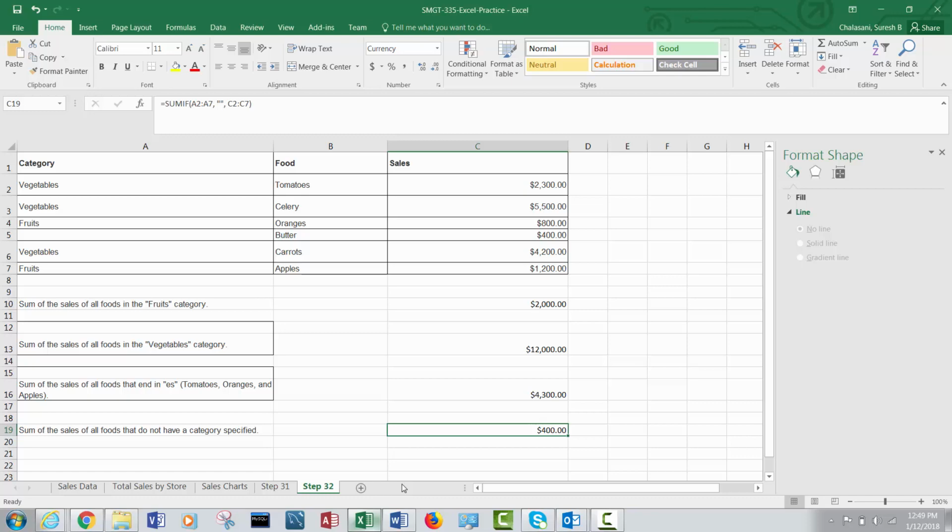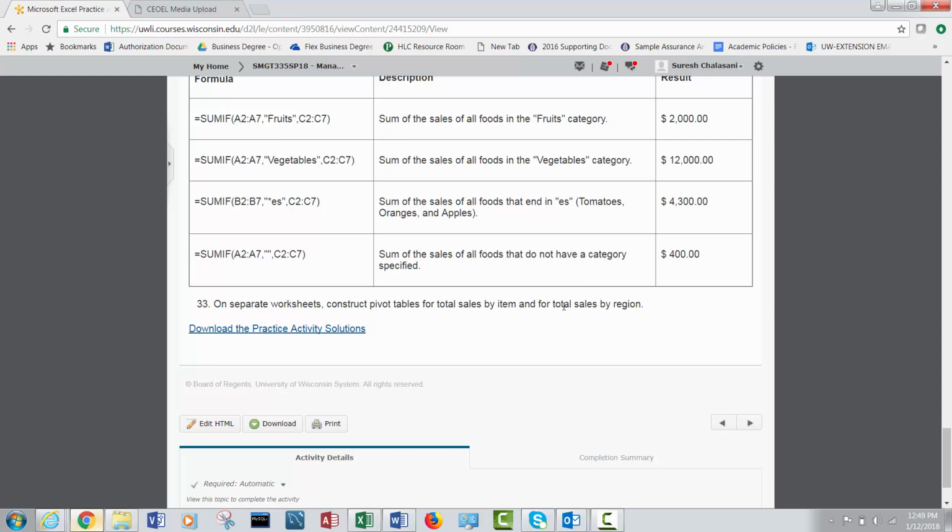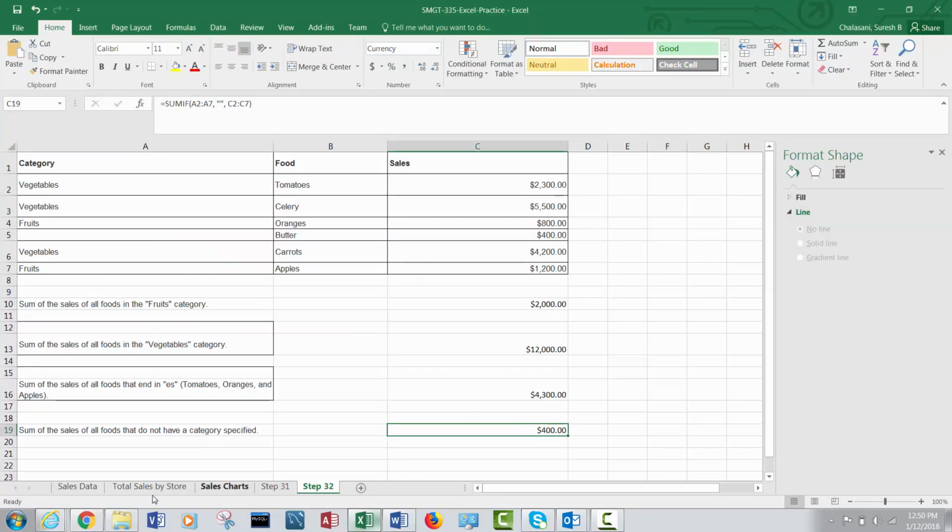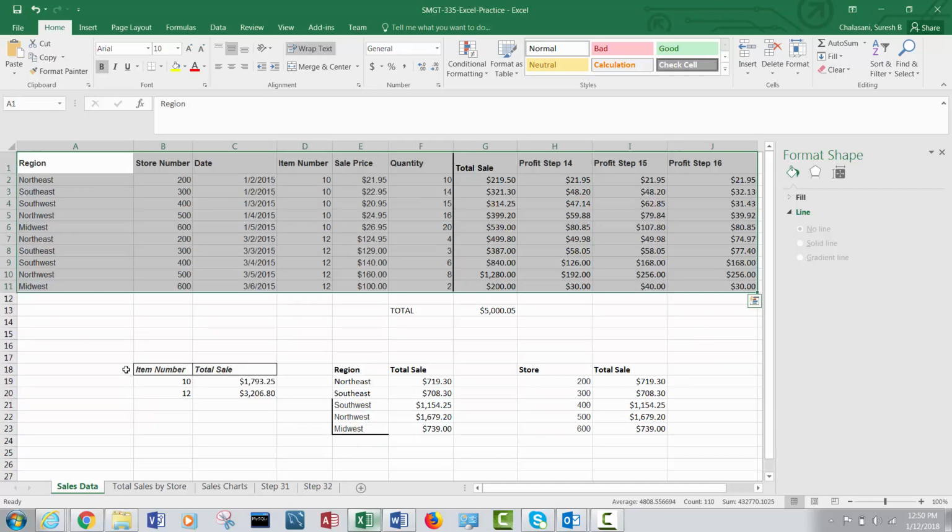All right, welcome back to step 33 of the Excel tutorial. In step 33, we will review how to construct pivot tables. Pivot tables is one of the most crucial tools that Excel provides, and they could help you analyze data very easily. So what I want you to do for pivot tables is go back to the Excel spreadsheet that we